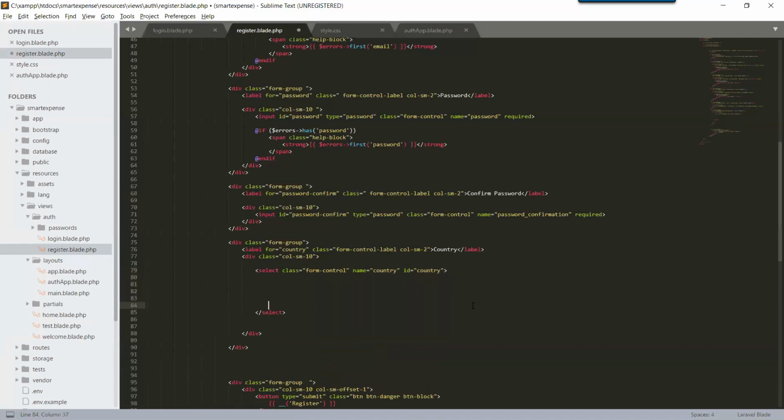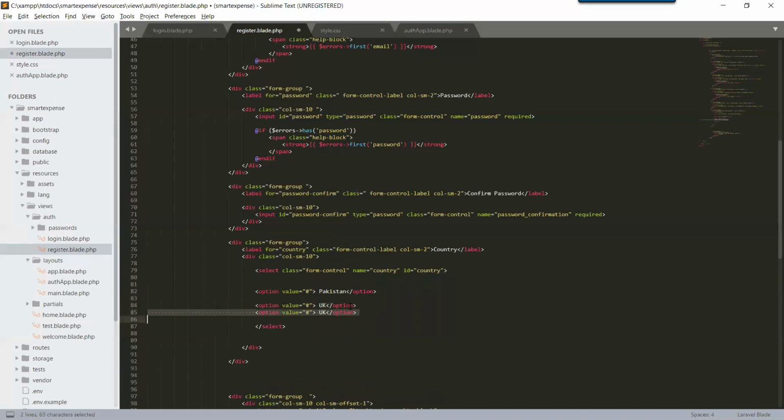Okay, under that select, let's create options. Option, and value will be null at the moment, and suppose option is Pakistan, and Control L, Control D, second option is UK, Control Shift D to create a duplication, and India,